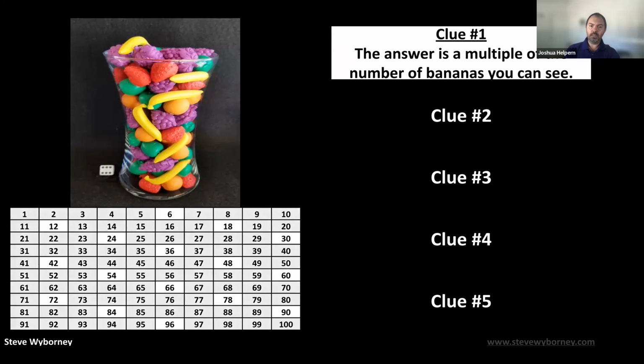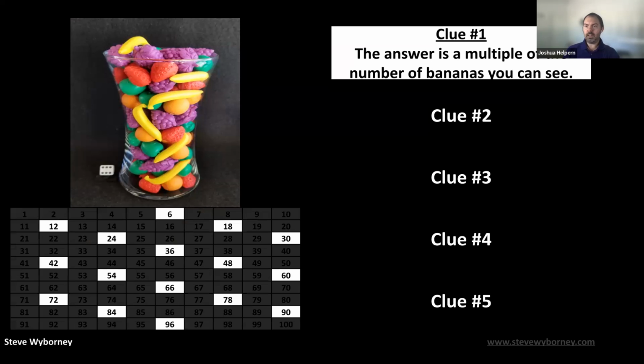And with the interactive one, okay, this is what's left. These are my multiples of 6, 12, 18, 24, 30. So I've narrowed down my choices and now I'm going to do it again. If your guess got eliminated, that's fine. Make a new estimate. You could pick one that's close to your guess if you still think your estimate was a good starting point, or you could pick something completely different. And then we go to our next clue.